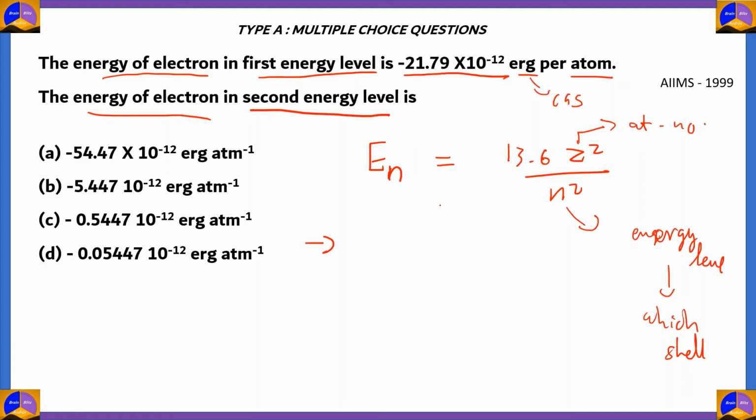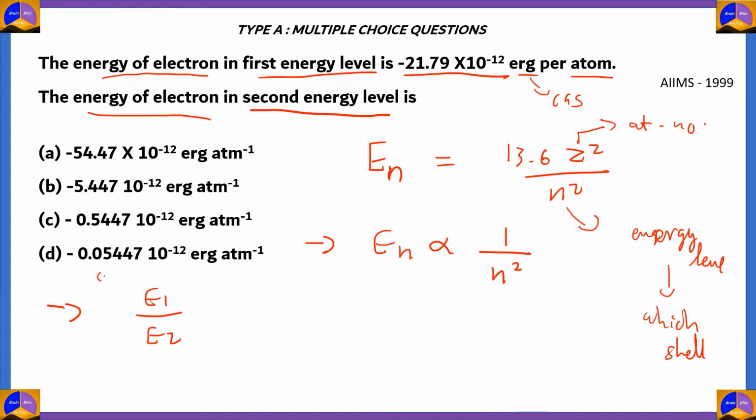From here, we can work out a relation that En is proportional to 1 by n square, since n is present in the denominator. So the energy of the electron will be inversely proportional to the square of the energy level that the electron is in. So using this idea, we can substitute n is equal to 1 and n is equal to 2. So E1 divided by E2